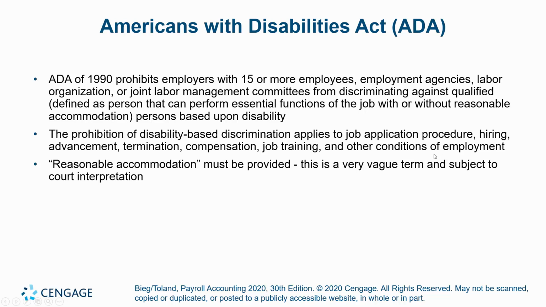Second, this applies to applying, hiring, firing, terminating, compensating, training, all the things that we've talked about before, all aspects of an employment relationship. And now we're going to take a more thorough look at what reasonable accommodation is. So let me just paint a picture. Do you think it's reasonable if a professor applies at Missoula College and she or he is in a wheelchair and they're the most qualified applicant for a chemistry professor job? Do you think it's reasonable to expect the University of Montana to accommodate him or her?